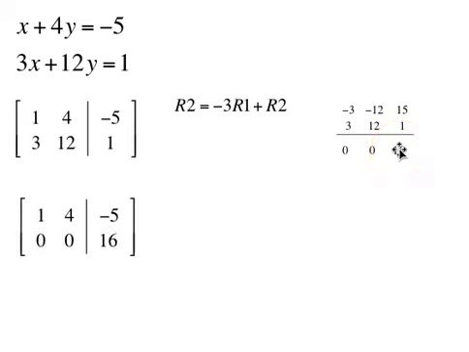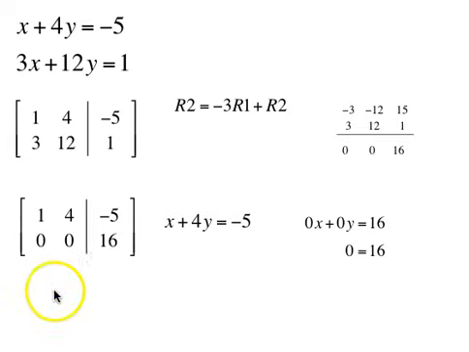Now we have to think about what this means. First equation is still the same: x plus 4y is negative 5. Second equation is 0x plus 0y equals 16. We like a 1 in this slot, but that's impossible. There's no way for us to get one. But if we have 0x plus 0y is 16, that means 0 equals 16? That's ridiculous. So if you have a situation like that, where you have an untrue statement, all you can say